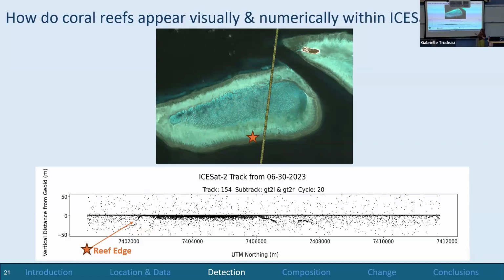We can pop to the top of the reef and look at the other reef edge. And again, we see an even denser clustering of points here. If you can also see, there's a little dense clustering here. That's a little bit of Heron Reef as well, which I think is fun that they both pop in. But then we can look in the middle as well, which is our lagoon, which shows up as a choppy clustering of points. So we can see a clearly defined reef structure in this track, minus all of the noise, of course, which we get rid of.